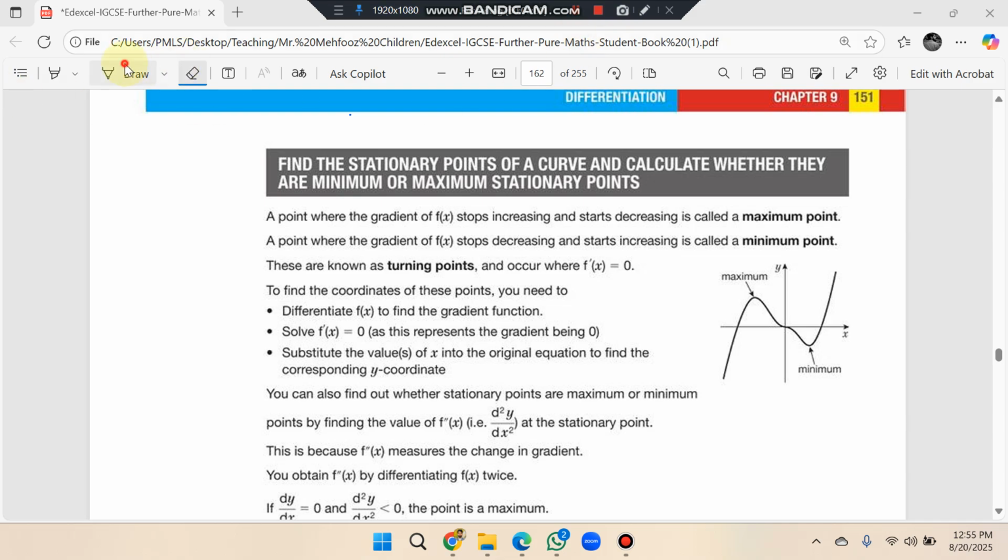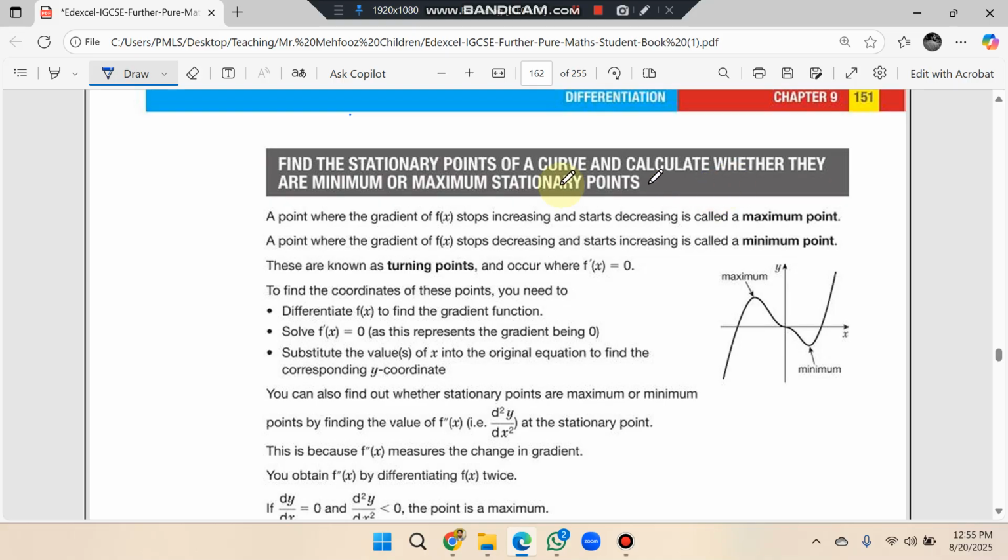Our next topic is to find the stationary points of a curve and calculate whether they are minimum or maximum stationary points. So first of all, we have to define what a maximum point is and what a minimum point is. A point where the gradient of f(x) stops increasing and starts decreasing is called the maximum point. For example, this is the maximum point of the curve, because at that point the gradient stops increasing and starts